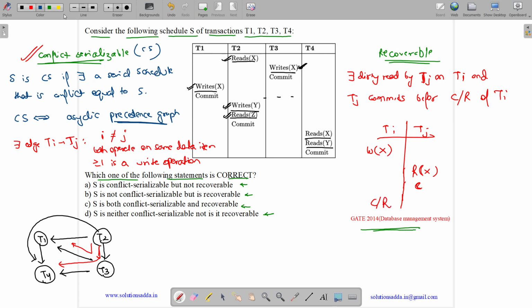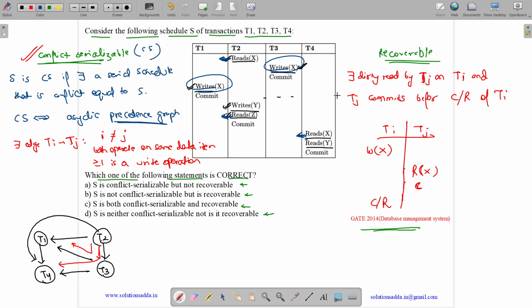First, let us see whether there exists a dirty read or not. There is no write of X before this. See, this is a read, but this is a write. So the write should be first. So there is no dirty read here. Dirty reads can only be done by a read operation, so let us just analyze the read operations. This read has no write above it. This read has no write on Z above it. This read has a write of X, this one, and a write of X, this one, but both of them commit before its commit. So it is not a dirty read. So there is no dirty read.